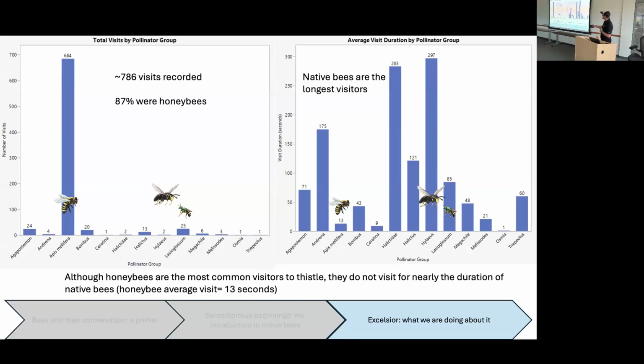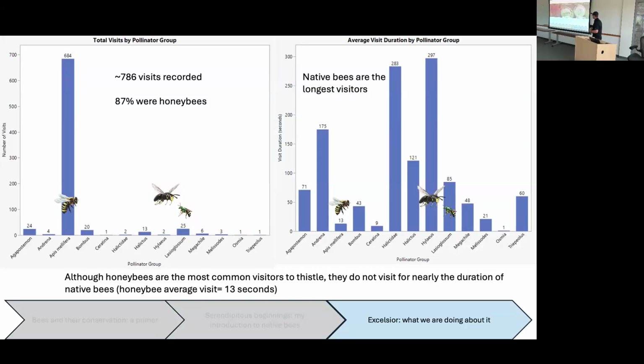by the visitation data. So in this figure, you're looking at the total visits by pollinator group relative to a number of different bee genera. The big spike, this was all in the urban landscape, by the way, because we knew where a lot of this cirsium was. Honeybees really, really like to visit Canada thistle. And in fact, they're by far the most common pollinators of it.